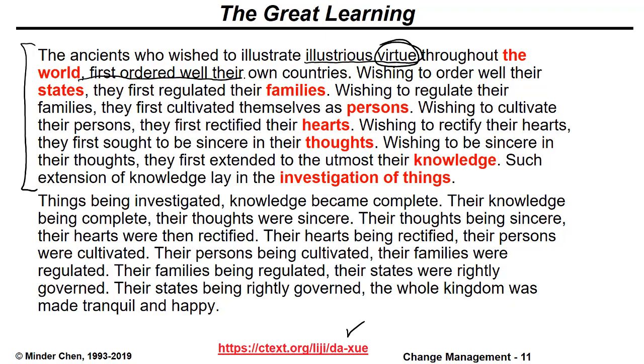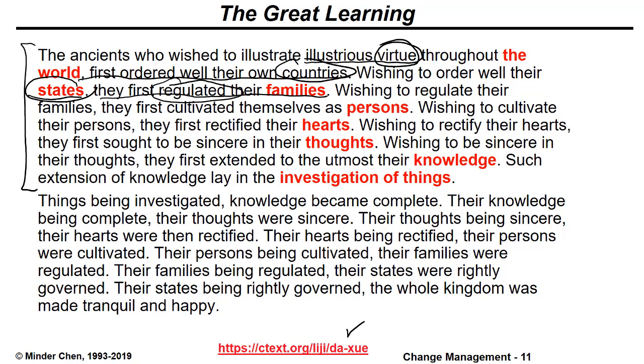first order well their own country, which means they manage their country well first, and wish to order well their state. They have to actually just manage their country or their state first. Country and state are the same thing here. First, however, in order to manage their country, they actually have to regulate their family. Regulate, you can use management. They have to manage their family related issues, and